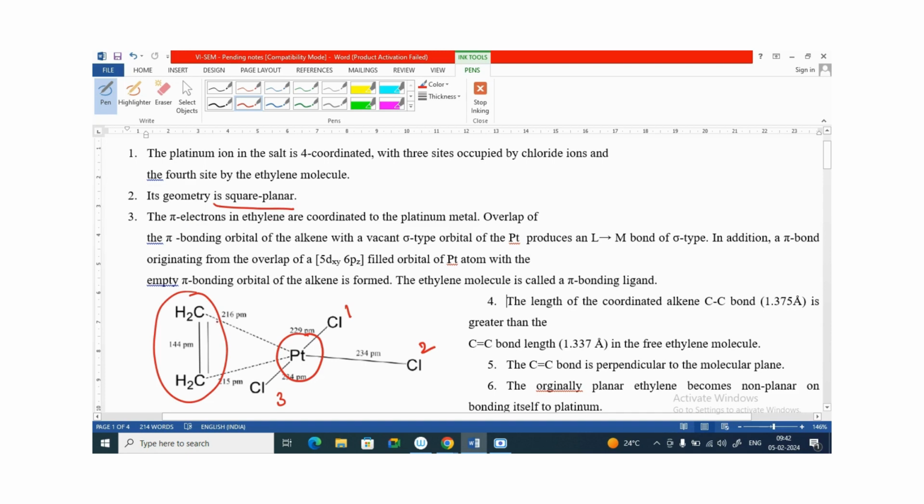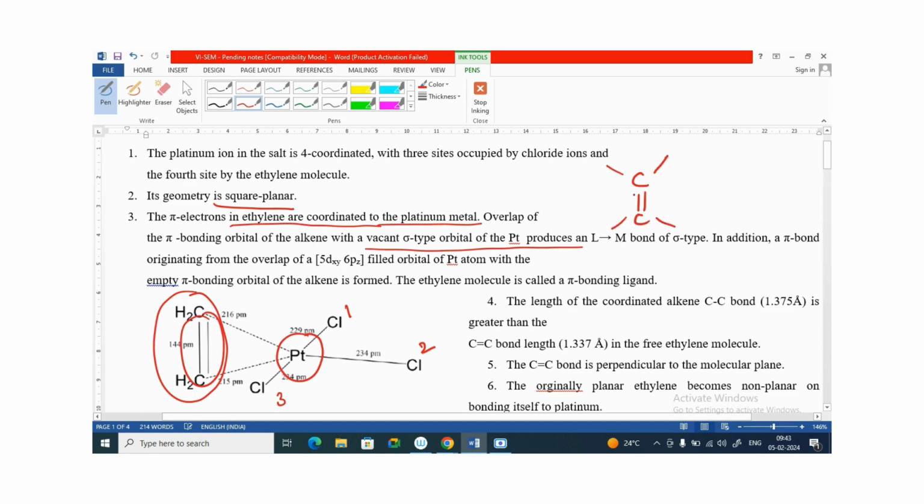Then the pi electrons in ethylene. Here, you know that for a double bonded compound, among the two bonds, one is sigma and the other is pi. And we know that the pi bonded electrons are very weak, therefore they can be broken and utilized for making coordination bonds. So, the pi electrons in the ethylene molecule are coordinated to the central metal atom. Overlapping of the pi bonding orbital of the alkene with a vacant sigma type orbital of platinum produces ligand to metal sigma type